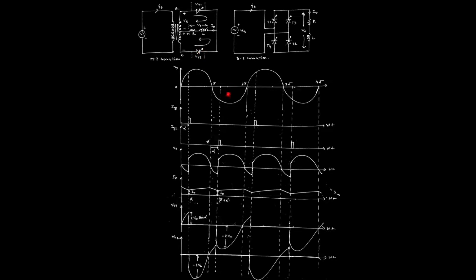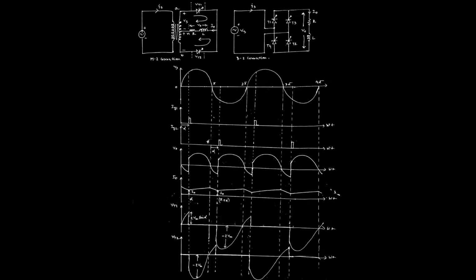And for the negative half cycle, thyristor T2 will be in forward biasing condition. Then we can apply the gate pulse across the gate terminal to turn on this thyristor. At the same time, the upper thyristor will be in off state as it is in reverse biasing condition. So this actually happens for the positive half and the negative half of the supply voltage.